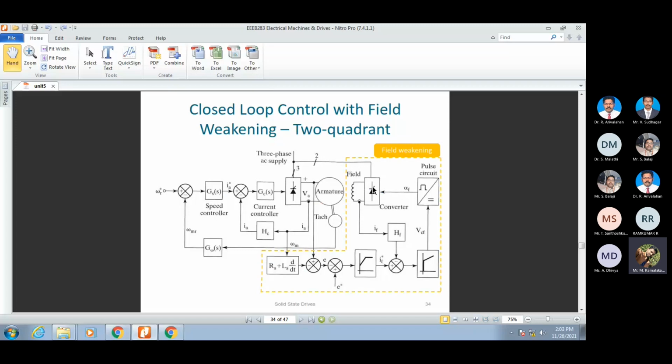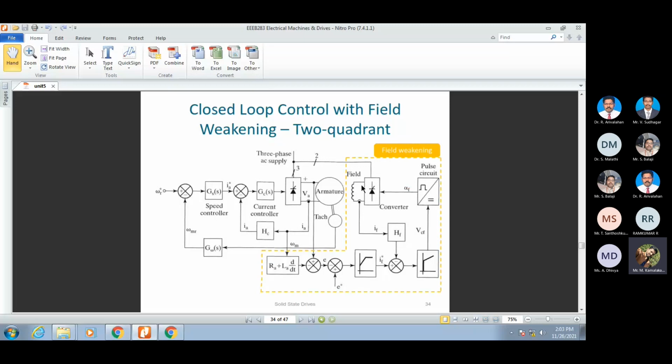In this converter also there is a power semiconducting switch. Since it is a controlled rectifier, the firing angle plays a vital role. With that firing angle, the magnitude of the field voltage, and with that the magnitude of the field current, is altered. If you delay the firing angle of the converter, then the magnitude of the field voltage will be very low, and the current of the field circuit is going to be very low. So what is the magnitude of the current that is getting into it? If you lower the field current, the speed of the machine is going to be very high.